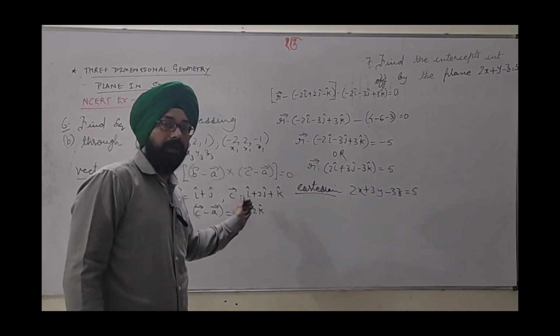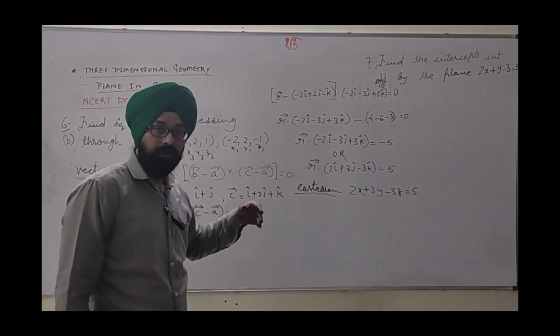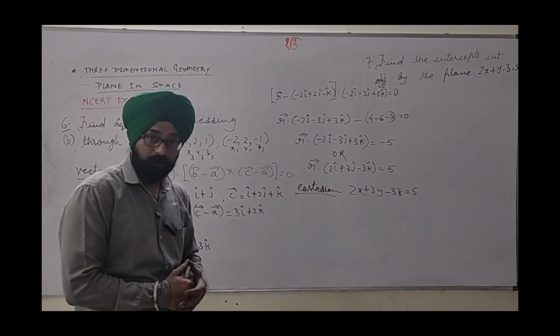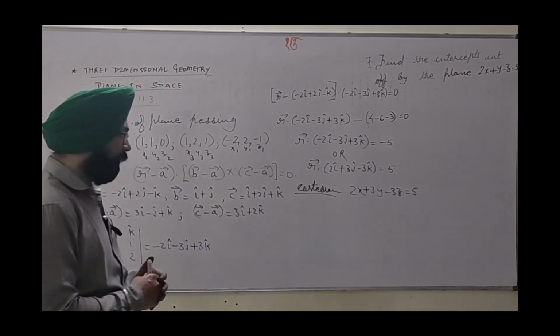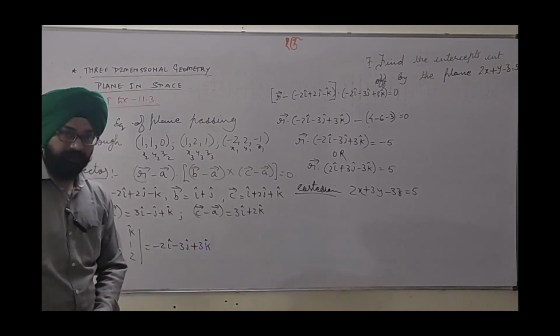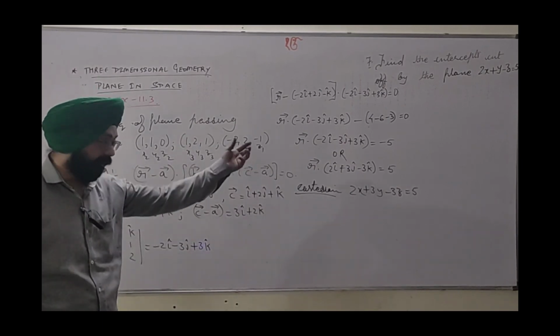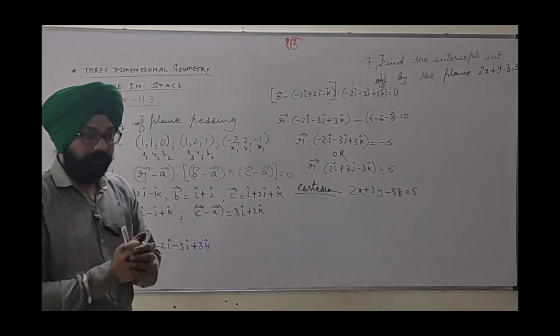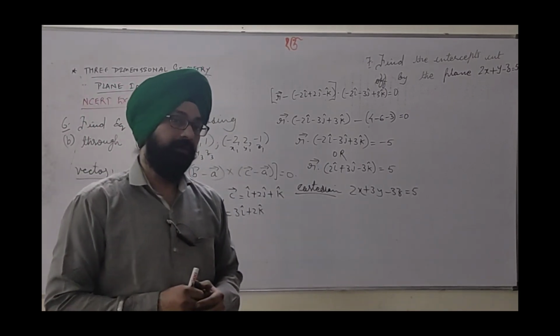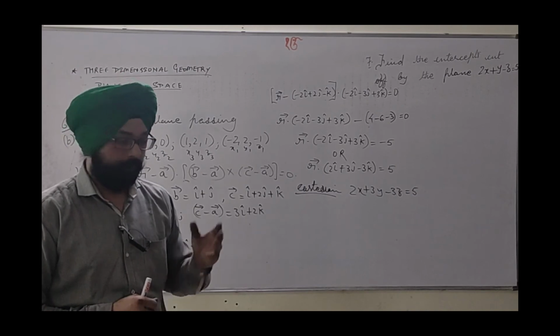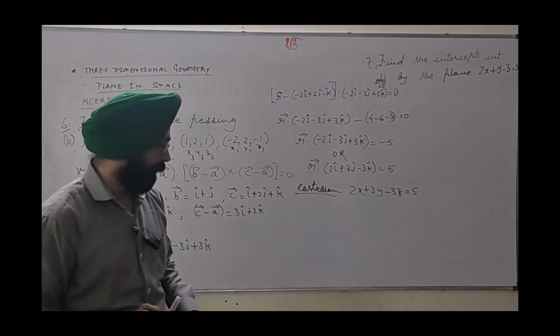Here this could be obtained using the Cartesian form also. How? Suppose I begin with the Cartesian form directly, not this way. Here the Cartesian form depends on the vector; from the vector we have converted. Now suppose I want to find the Cartesian form directly. What do we have to do? This theory I will explain.